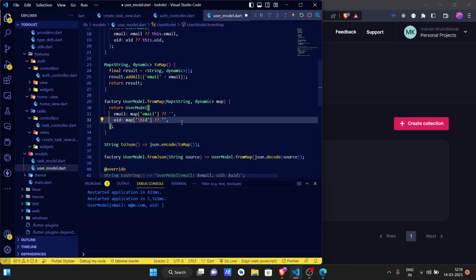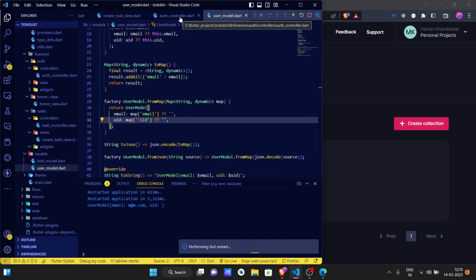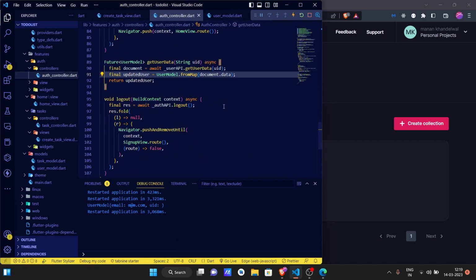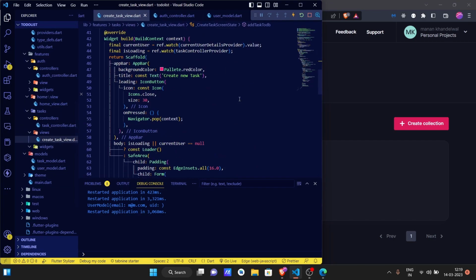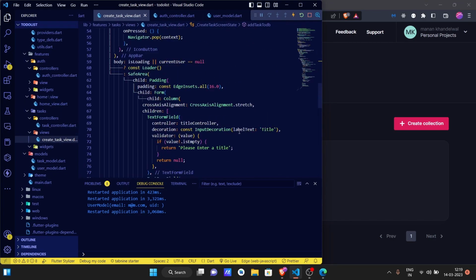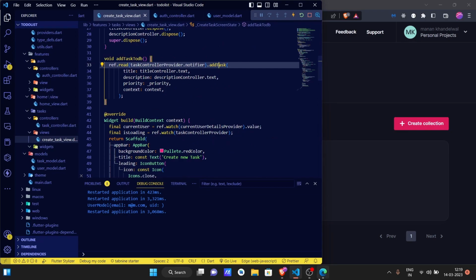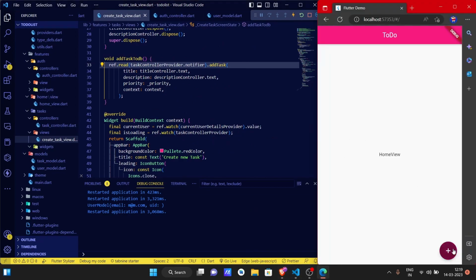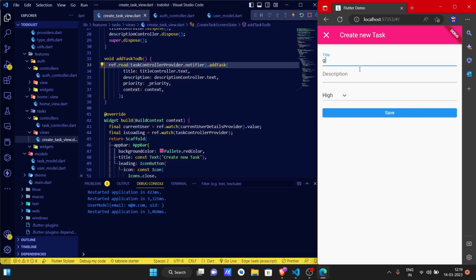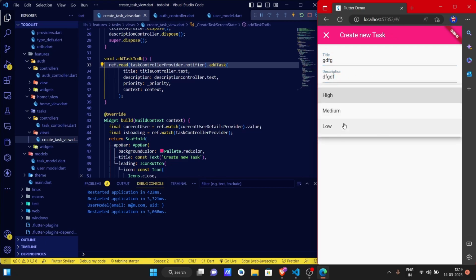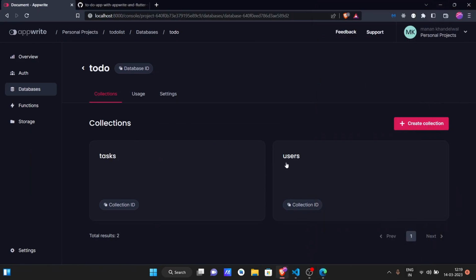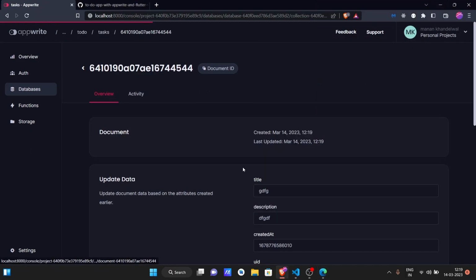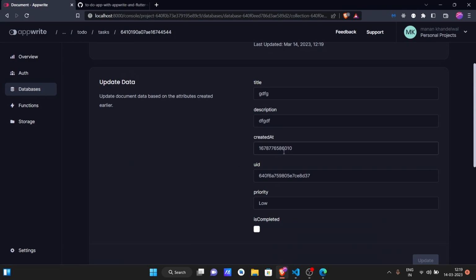Actually it is going to be UID and save it, and now go to where we were, at the create task screen, and we try whether everything is perfectly working. So again going to add another, yeah, this time we also got the UID